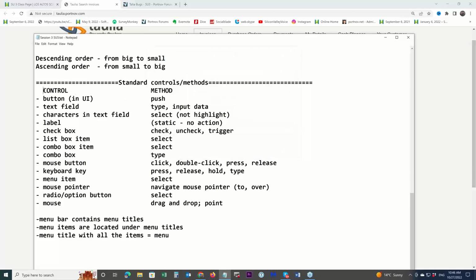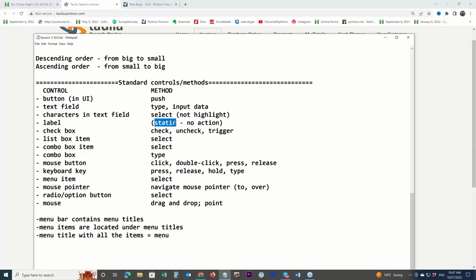And overall, all those elements are called controls. Buttons, text fields, checkboxes, list boxes. They are called controls. Whatever you see in the user interface, whatever you can use to manipulate the application. Labels are static.